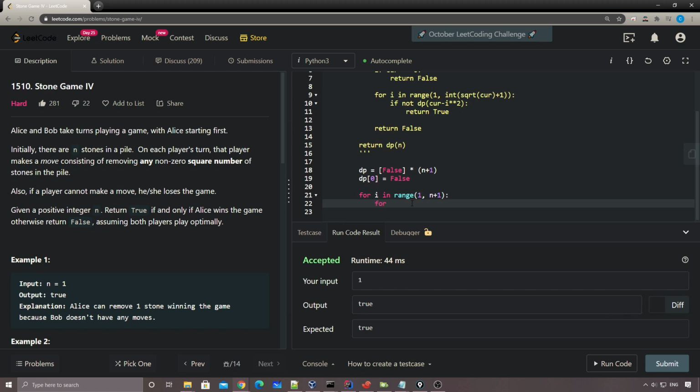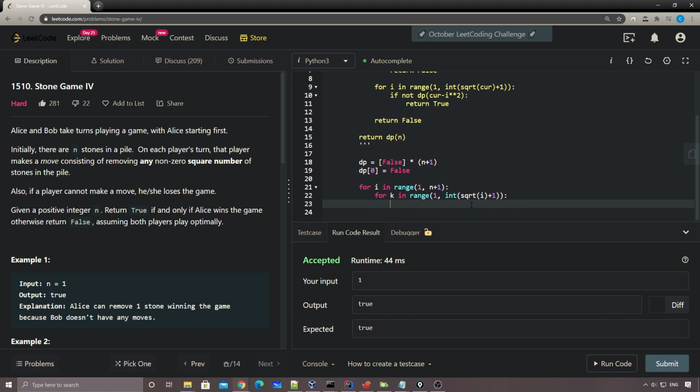So we need to have a k here, in the range of, I'm going to copy this thing here, k squared at most i. So with the current i, can we find any previous state that is a guaranteed lose for the other person? So if dp[i minus k to the power of 2] is false,